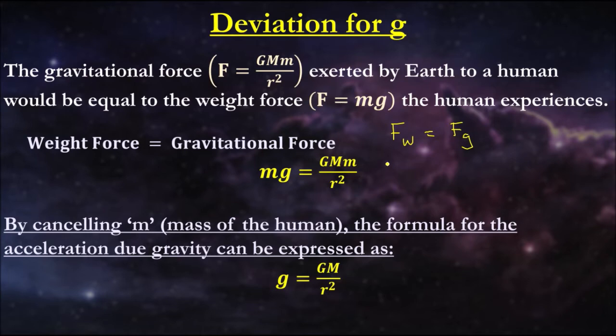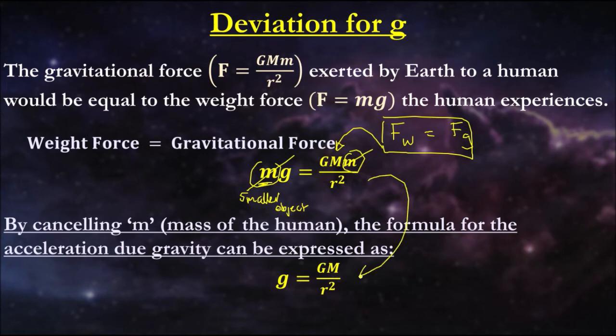And what happens is I can rewrite this equation into this equation here. Okay, assuming that little m represents the smaller object, they will cancel each other out, and I'm left with this